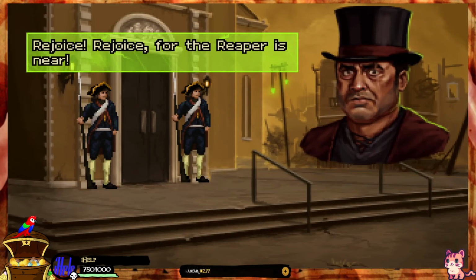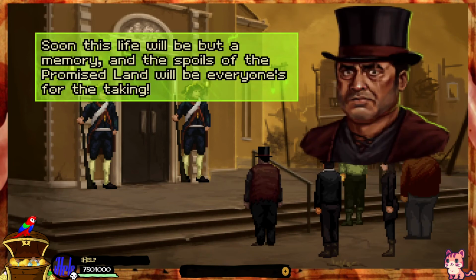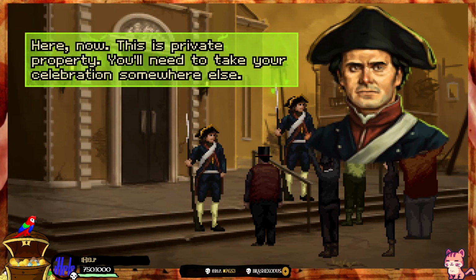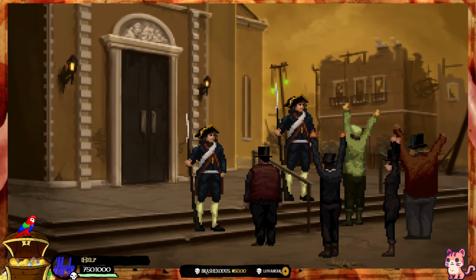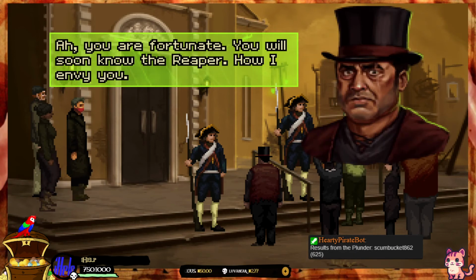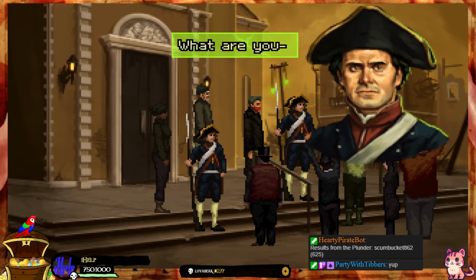Rejoice, rejoice, for the Reaper is near. Soon this life will be but a memory, and the spoils of the Promised Land will be everyone's for the taking. Brothers and sisters, join me in adoration of our Savior. Here now, this is private property. You'll need to take your celebrations somewhere else. But, brother, our mission is to spread the word of the Reaper across the land. Be that as it may, you are not allowed to gather here. Please disperse at once. You are fortunate. You will soon know the Reaper. How I envy you. What are you...